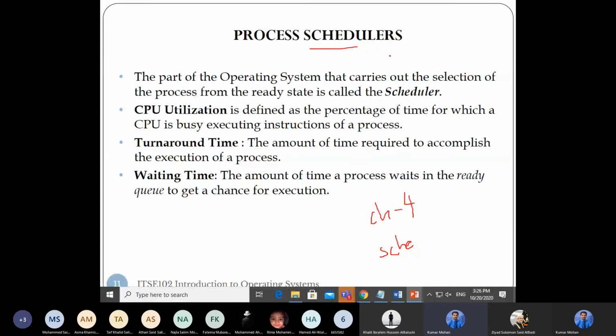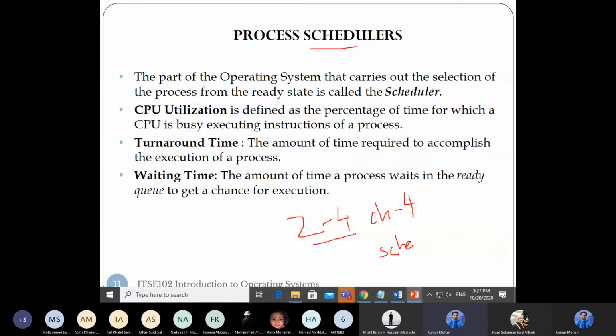For example, I'm taking the classes now in college at lab 141. Why am I choosing lab 141? Because I have been scheduled for 2 to 4.